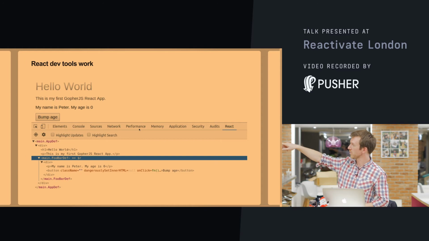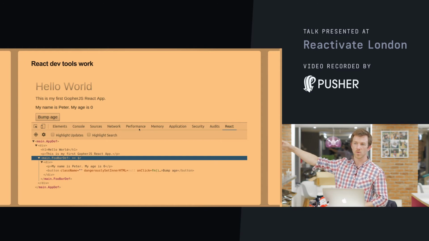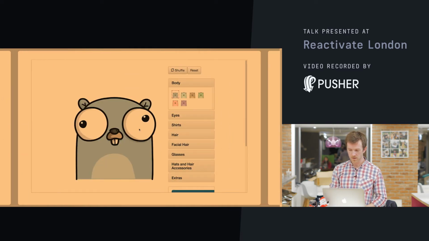So you can see here the component hierarchy from the page that we were just looking at, where there's the outer component, there's the app component that has the H1, the P, and then the nested foobar component within it. So that's a useful thing to have, being able to reuse existing tooling that exists for regular JavaScript React applications. So let's go back to the example of Gopherize Me from earlier on,